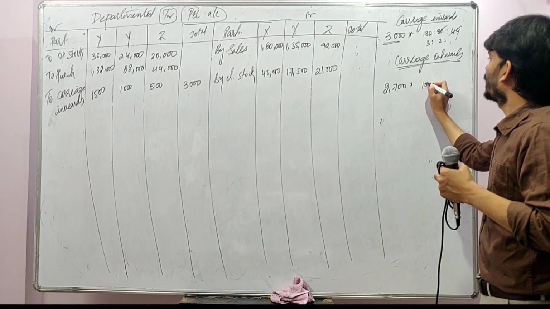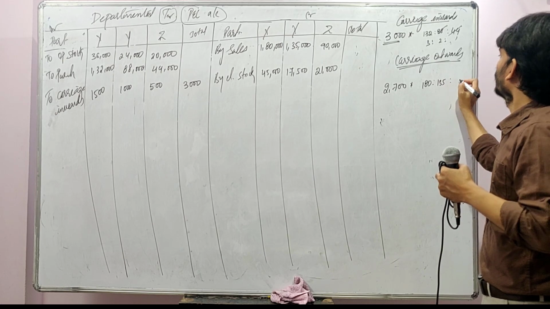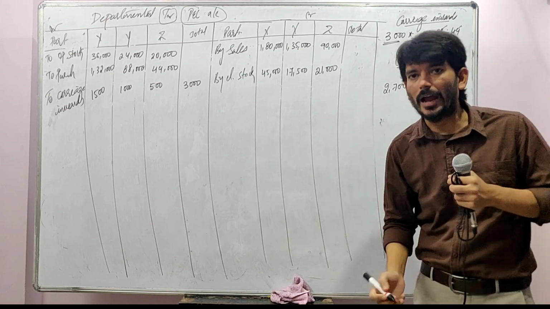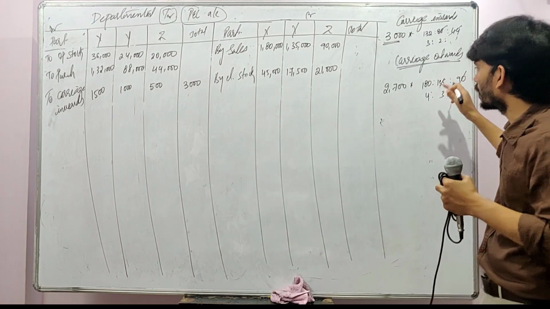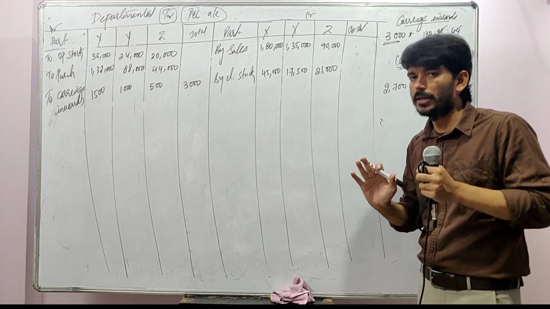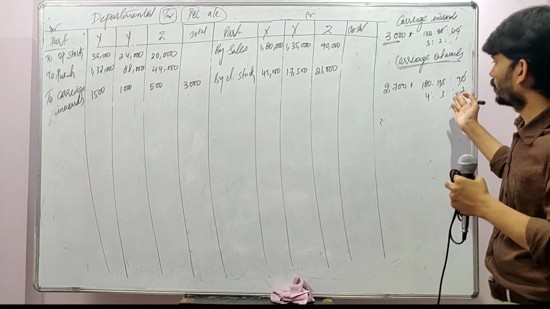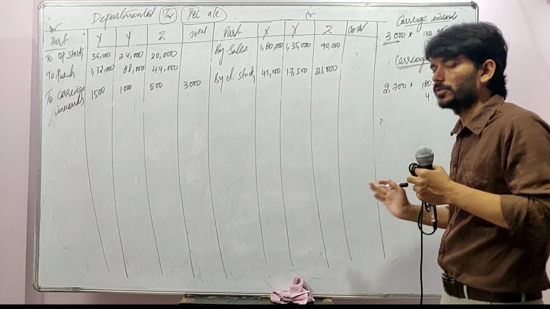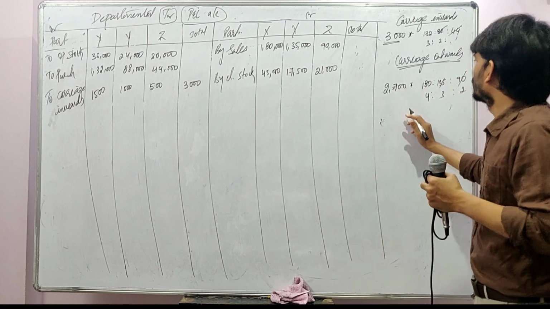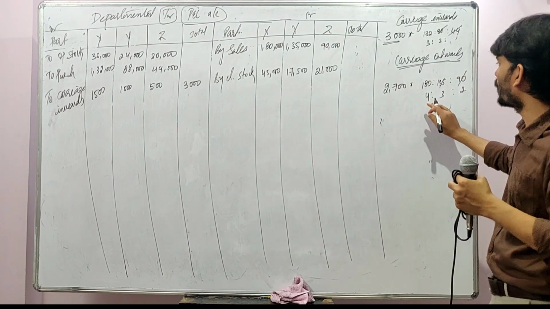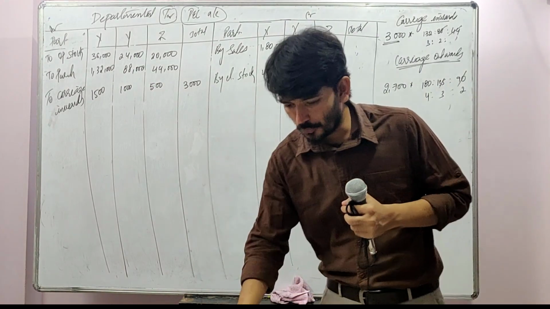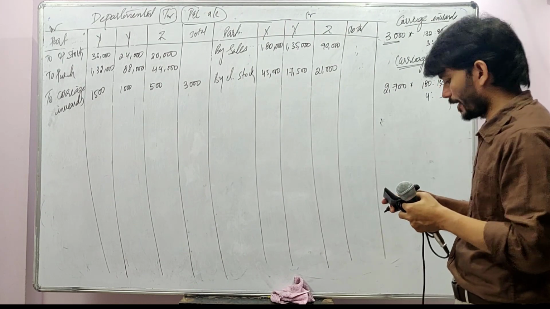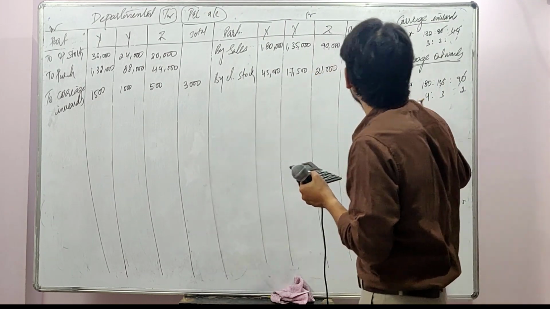So 180, 135, 90. So 45 fours, 45 threes, 45 twos, or 4:3:2. Use your calculator. It's absolutely okay to cross-check it as clearly as possible. Okay, don't be in a rush. I know the answer because I'm doing it fast. If I don't know, I also take time to make it simpler. Yeah. So this 2700 should be apportioned based upon 4:3:2. So we will again write 2700 multiplied by 4 divided by 9. So this is carriage outwards.